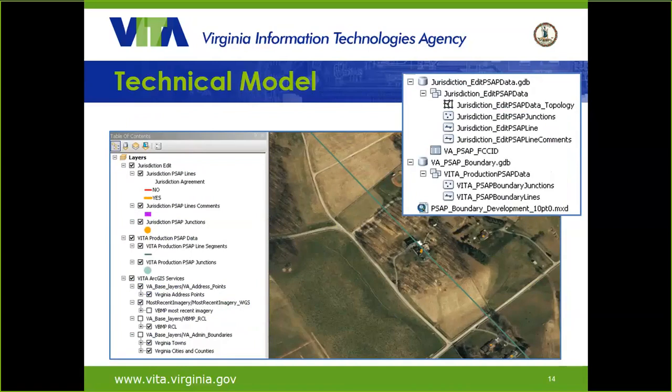The statewide address points, the statewide road center lines, the administrative boundaries, and the imagery. We'd encourage you, as you sit down to work on this process, to think about other data layers that may be useful to you, that you may have. Maybe structure footprints would make a lot of sense. Maybe parcels would, for how you want to approach this. If your locality boundary is formed by